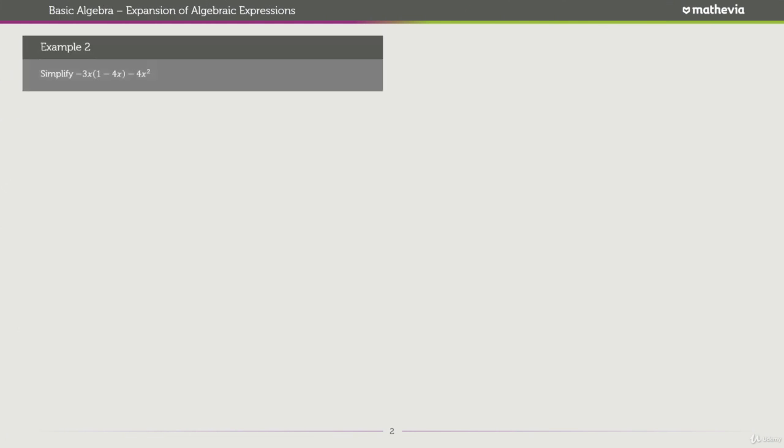Now example 2, and example 2 looks a bit more complicated, but nothing that we can't handle. It says simplify minus 3x multiplying 1 minus 4x minus 4x squared. Okay, let's go ahead and do that. So we have minus 3x multiplied by 1